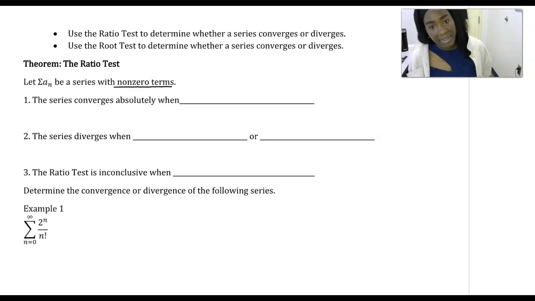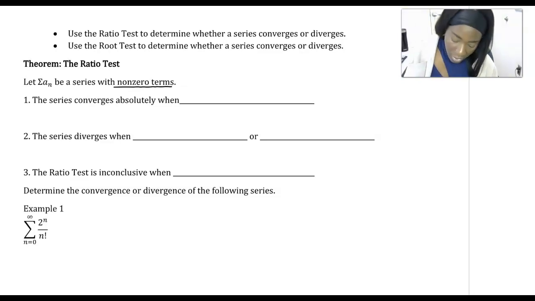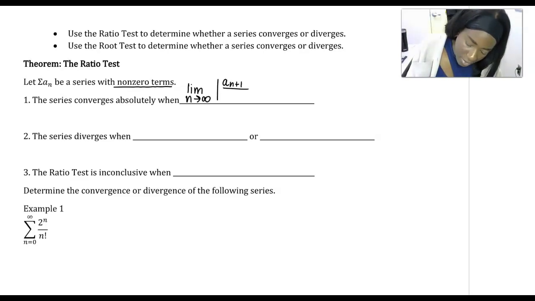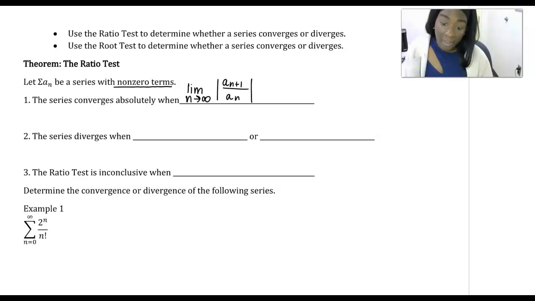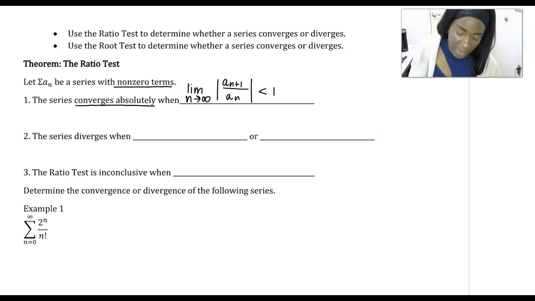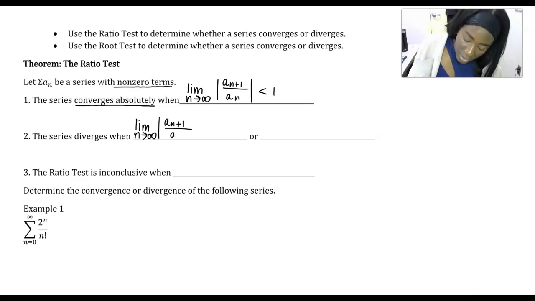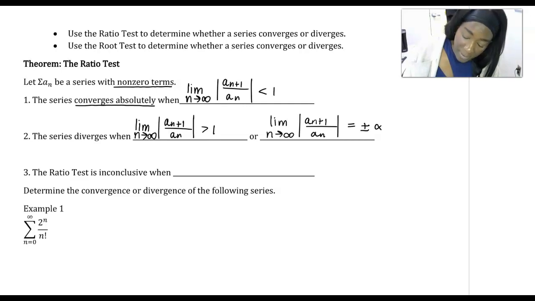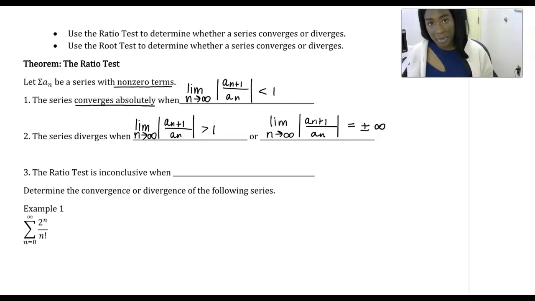If that is the case, then in order to use the ratio test, you have to look at the limit of a ratio. In particular, you look at the limit as n approaches infinity of the absolute value of a sub n plus 1 over a sub n. And if that limit comes out to be smaller than 1, then that tells you that your series converges absolutely. But if that limit comes out to be either greater than 1, or positive or negative infinity, in either one of those two cases, then